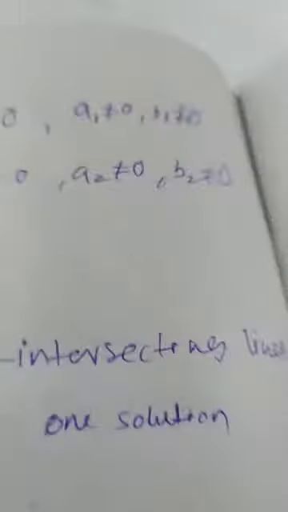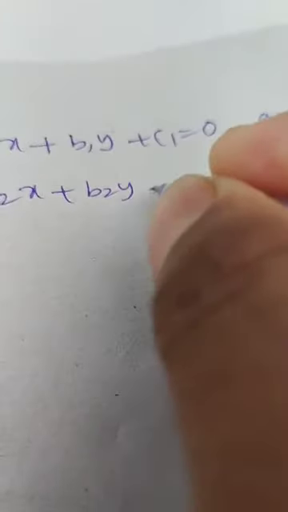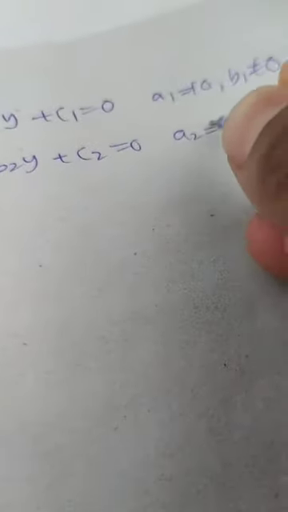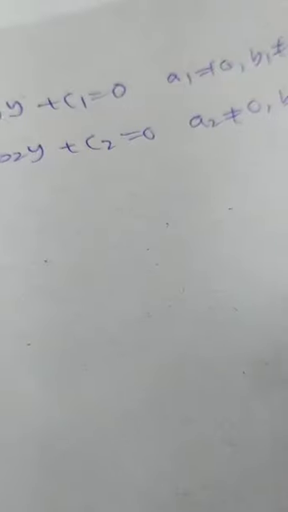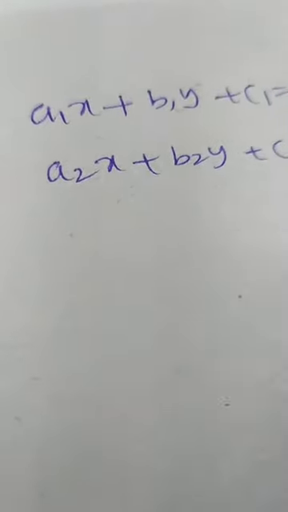Okay. So this is by graphical method. Suppose you have two straight lines, a1x plus b1y plus c1 is equal to 0, where a1 not equal to 0, b1 not equal to 0. Second equation I am taking as a2x plus b2y plus c2 equal to 0, a2 not equal to 0, b2 not equal to 0. What I said, a linear equation in two variables always represents a straight line. This one represents a straight line, this one represents a straight line. So if you draw the graph, you will get two straight lines, and they may be like this, maybe like this, maybe like this. Three cases may be possible in the graphical method.